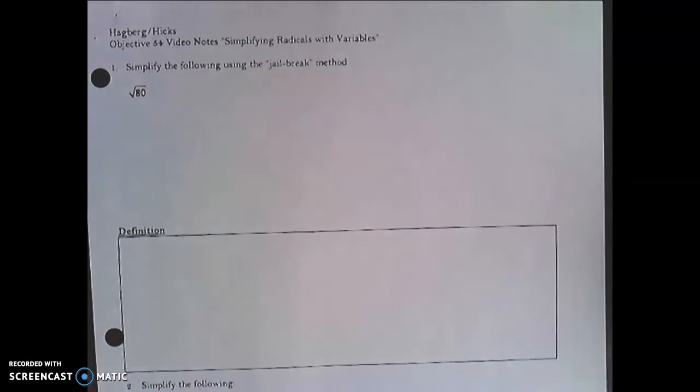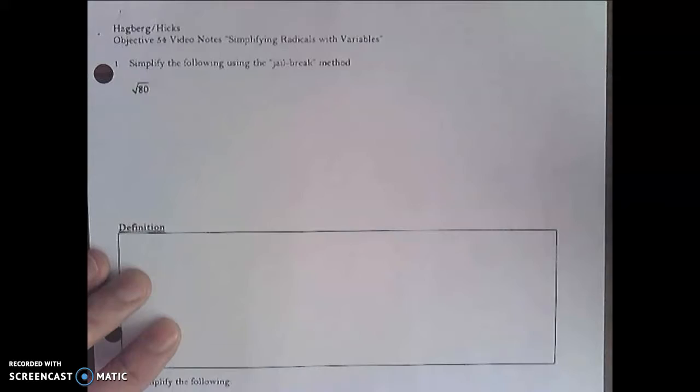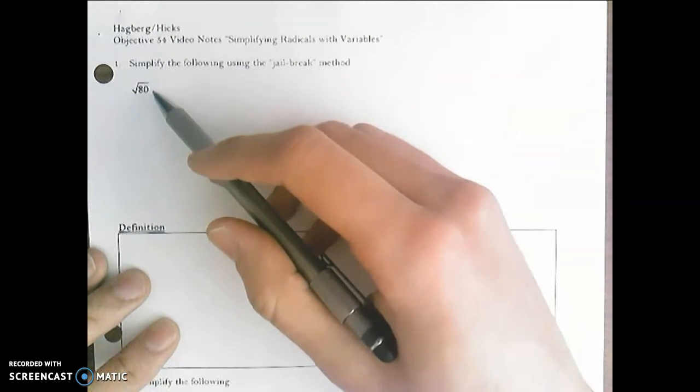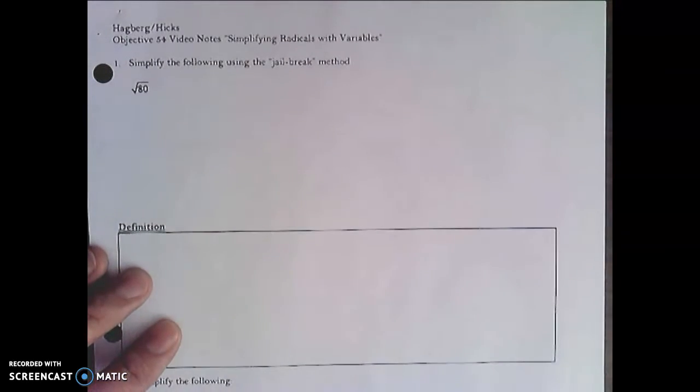Alright, next up we're looking at Objective 54, which is simplifying radicals with variables. Before we jump into simplifying radicals with variables, I want to simplify a radical that doesn't have variables. So this we should already be familiar with, the square root of 80. Again, 80 is not a perfect square, so we're going to have to break it down and use the jailbreak